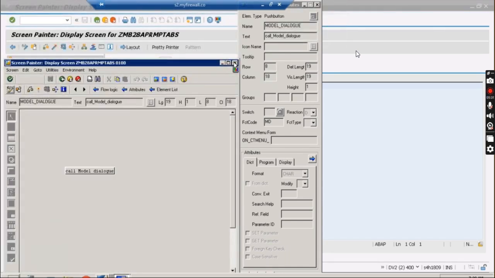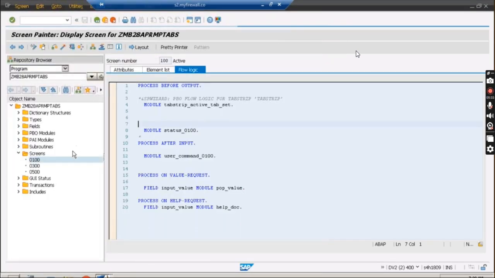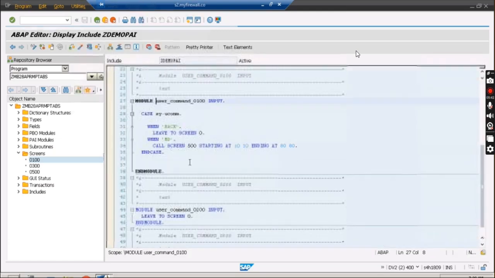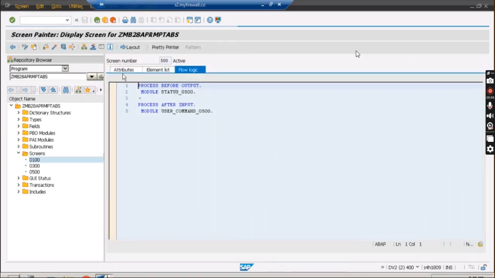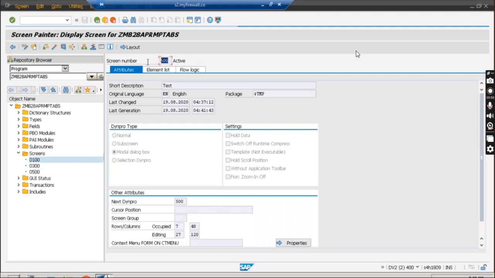Here under the PAI, when you are going to click on the call model dialog, this call screen 500 is starting at 10 10 ending at 80 80, like that we have written. So this 500 is nothing but your model dialog box. I'm calling that screen.